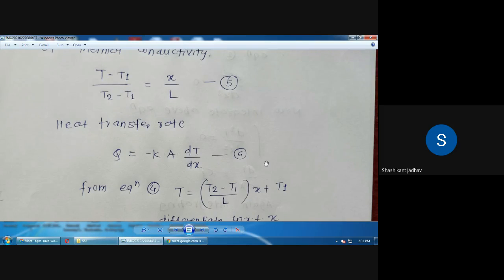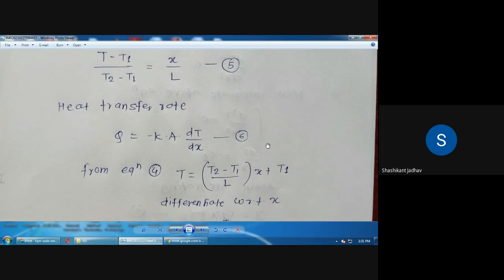म्हणजे त्या प्लेन वॉल मधून किती हीट ट्रान्सफर होणार आहे ते कुठल्या इक्वेशन वरून काढणार आहे आपण, तर त्या इक्वेशन वरून फाइंड आउट करणार आहे. So do the calculation and tell me the final answer of the equation for the Q. पहिला डिफरन्शिएट करा. Equation 4 जे काय दिलेलं आहे आपल्याला, differentiate with respect to x.